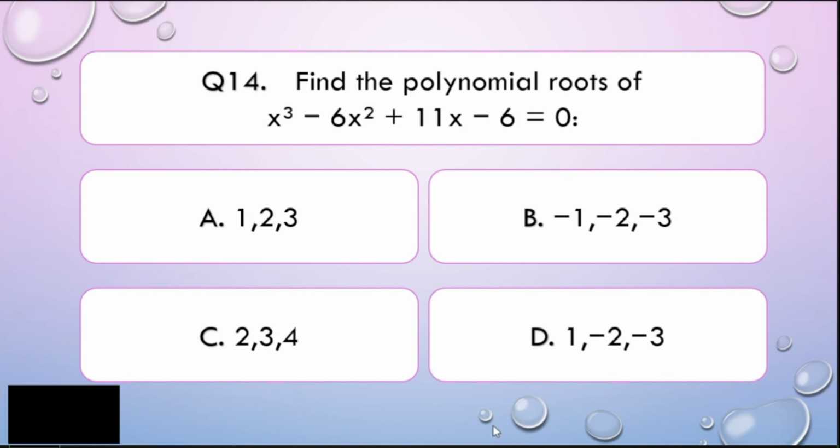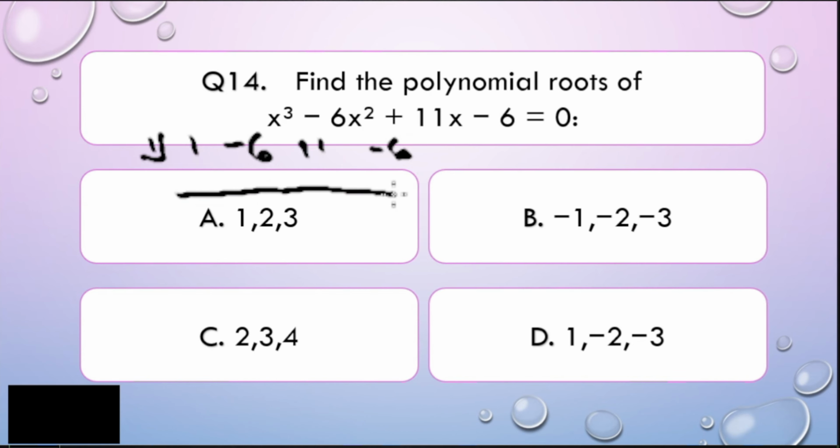Alright, my dear math learners, this is one of the challenging questions that we have right now. Why? Because we will be solving. Alright. So we can use the simplest way of getting the roots, and that is basically the synthetic division. So let's consider positive 1. Okay, so let's get the coefficients of this given polynomial function. So that is 1, negative 6, positive 11, and negative 6.